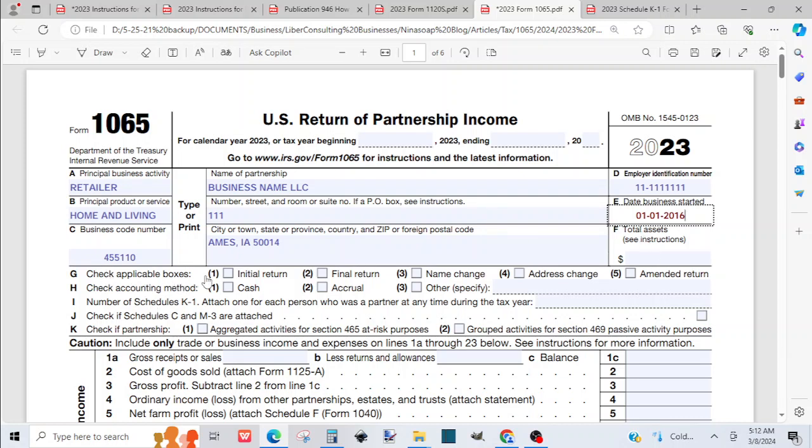So check applicable boxes. If nothing there is applicable to your business, you leave it alone. In this example, we are going to leave it alone, assuming the business is not new, and you can see the date we are working with. Check accounting method, we are going to check cash here, but if yours is the accrual, whatever you chose, that's what you'll stick with. You do not change your accounting method without filing with the IRS to request approval for that. And there is a form